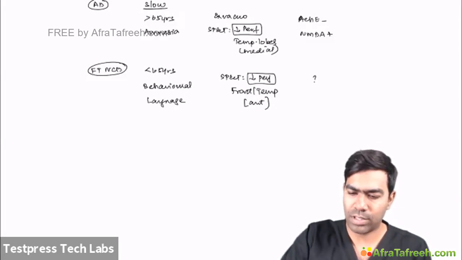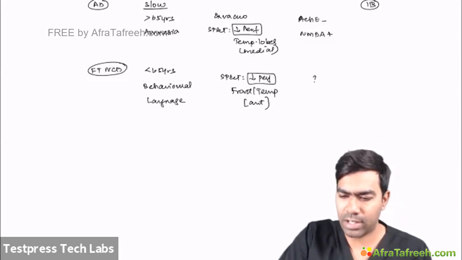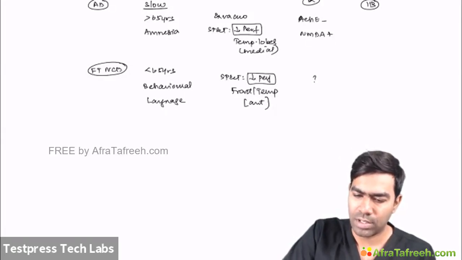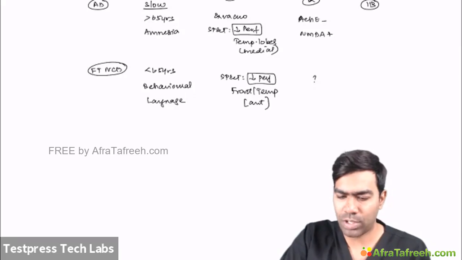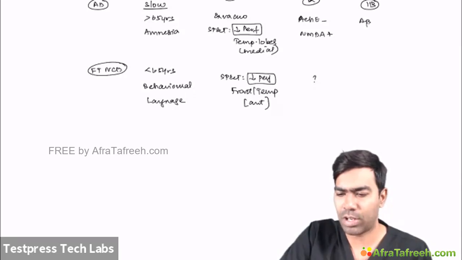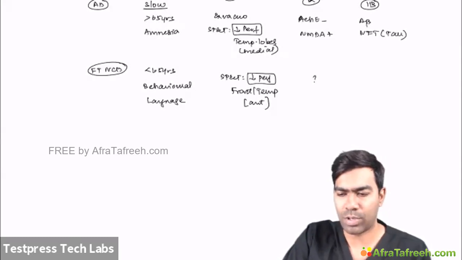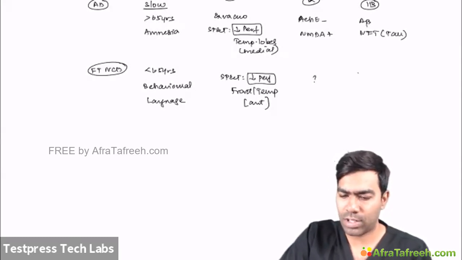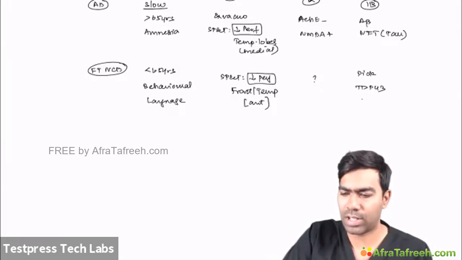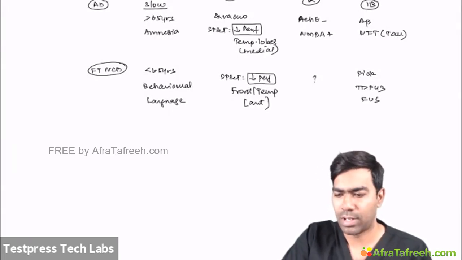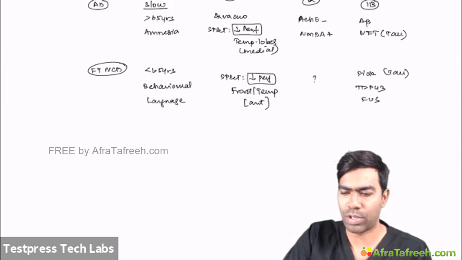And inclusion bodies, anything I can write here separately. This is the treatment, this is the clinical feature, and this is the investigation. As far as inclusion bodies are concerned, Alzheimer's disease has A beta amyloid and neurofibrillary tangles, which are nothing but hyperphosphorylated tau proteins. And in the other inclusion bodies here, you can see Pick bodies, TDP-43, and FUS. There is another inclusion body I forgot to tell, that is FUS is also there.